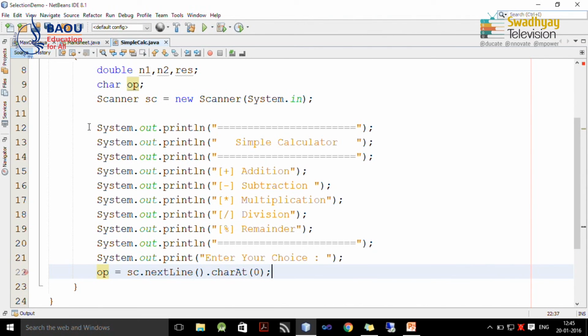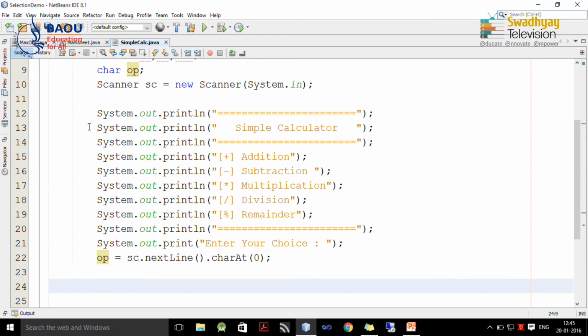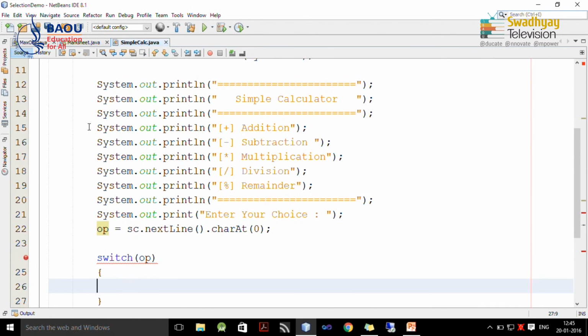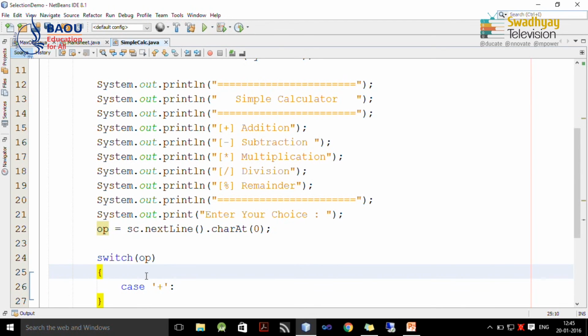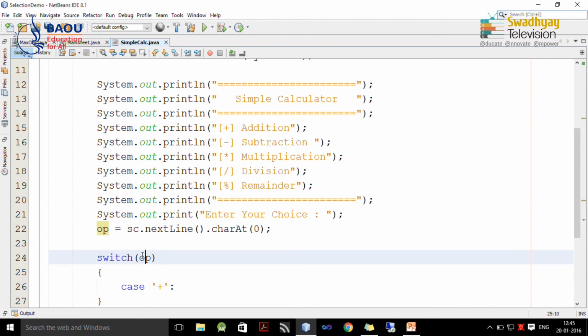That means the first character entered by the user in that line will be considered as an operator, and generally it is plus, minus, multiply, division or percent. So inside op we have the user input, and based on this operator we will perform the necessary action. So I am going to write down different cases. So, if op is plus, what does it mean? If op is plus, we want to perform